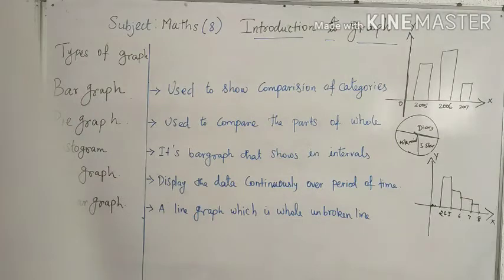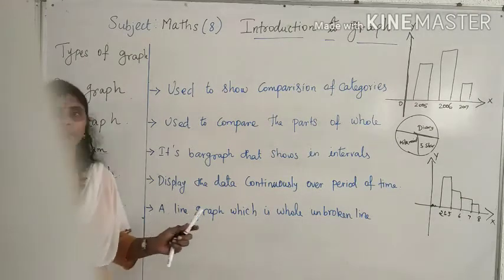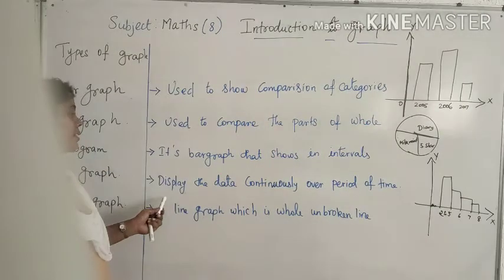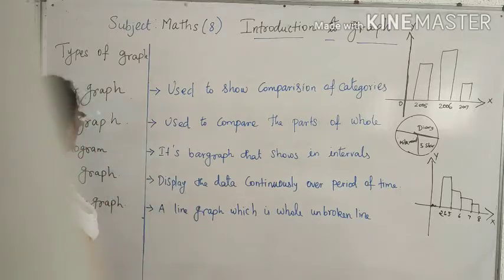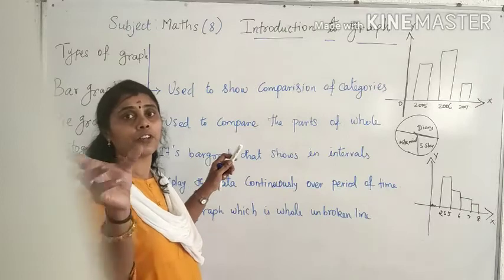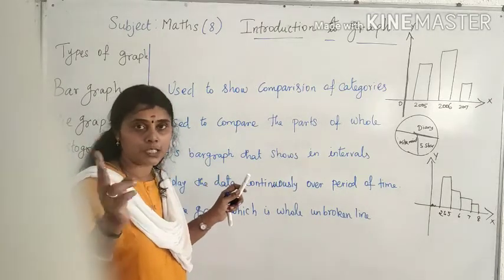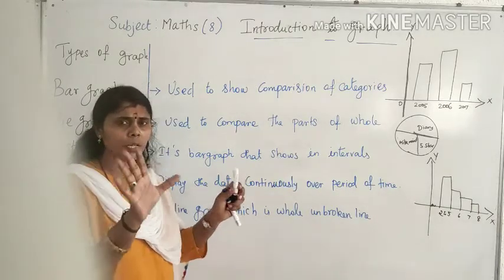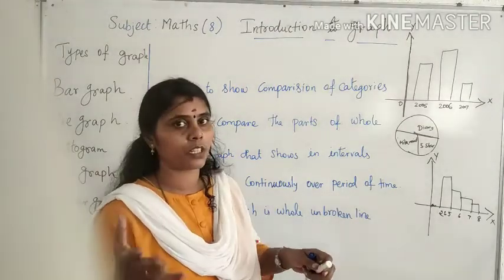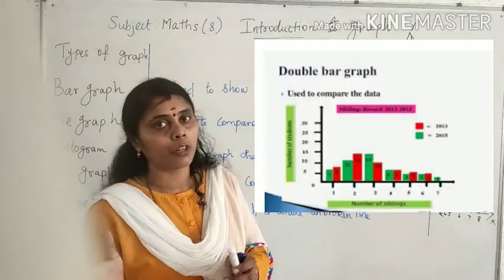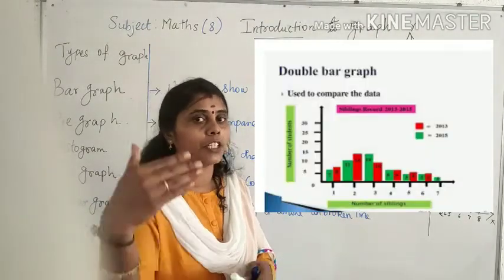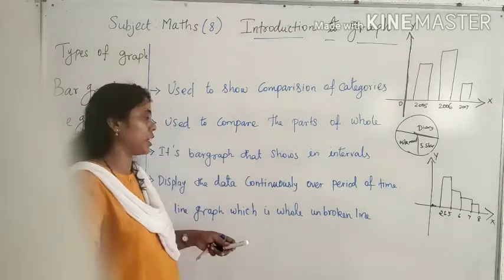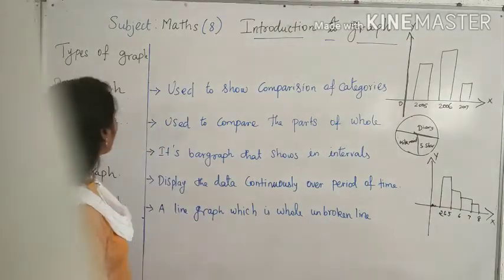And the next one is the line graph. This is new for you. We are learning the line graph from class 8 onwards, because until that time the bar graph and the double bar graph you can use, where you want to compare two things together. Suppose you want to compare your result and your friend's result for overall class 1 to 8, then you can use the double bar graph. That also you have learned in class 7, right?